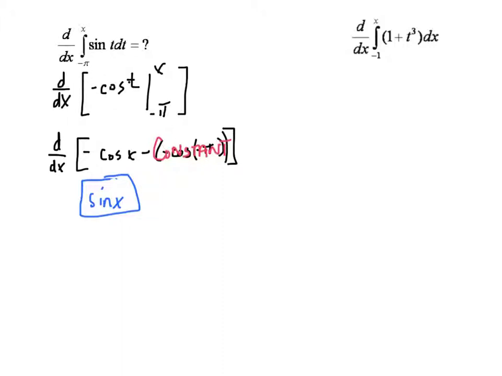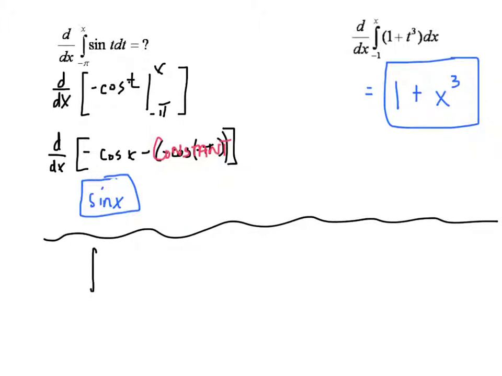So this next problem, maybe I can shortcut a little bit. The derivative, d over dx, of the integral from negative 1 to x of t cubed. Instead of actually going through the work, why can't I just say, you know what, it's going to come out to be x cubed, and I'd be done? Now, one thing I should mention,